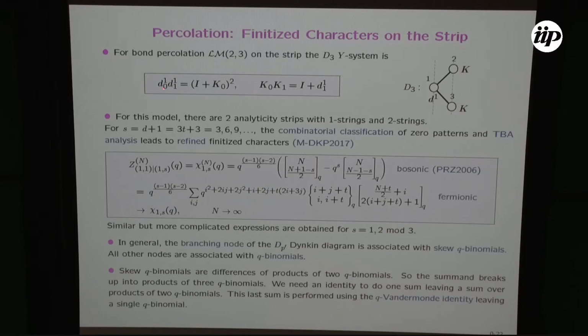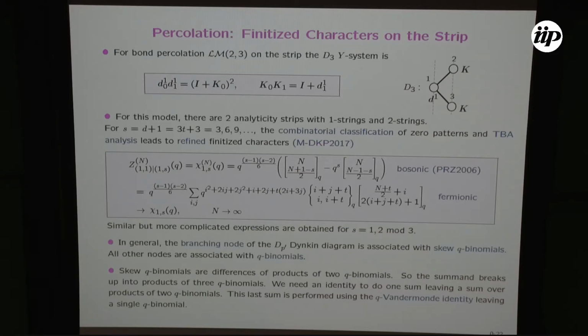So we're working with double row transfer matrices, so little d instead of little t. That's this node here. And then there are the nodes 2 and 3, which are associated with k. So we have now a very simple Y system. Two analyticity strips, as we saw, and we have 1-strings and 2-strings. We have done the combinatorial classification of the patterns of zeros. We can now go ahead and solve the